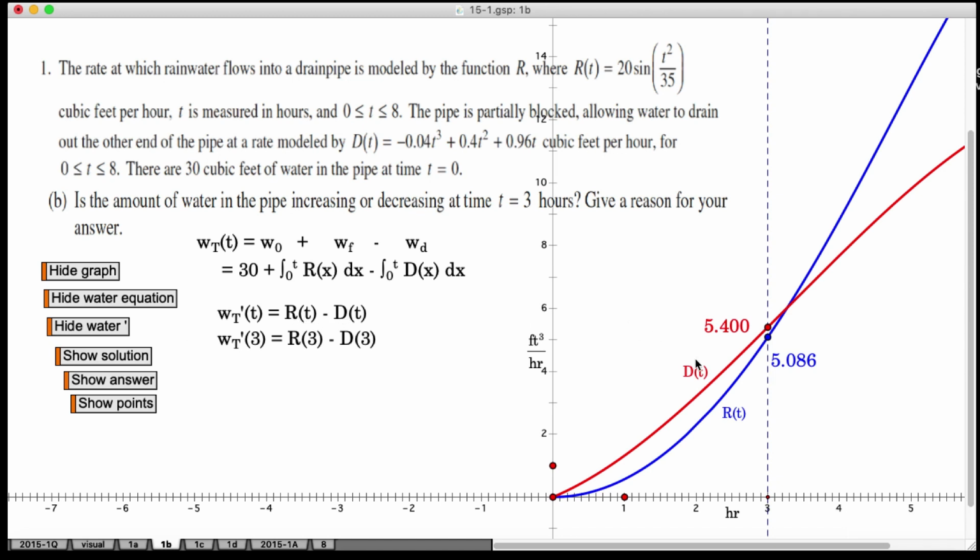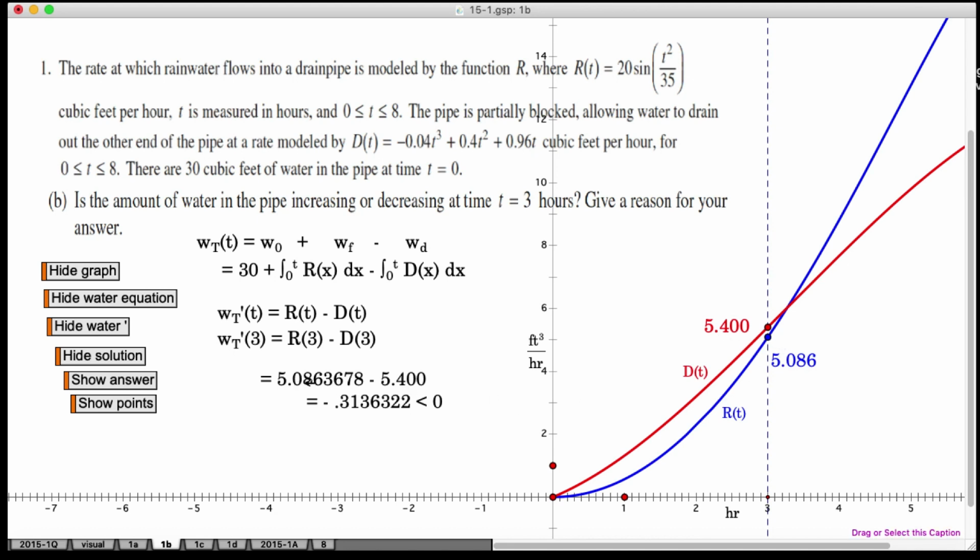And so if you look over here, if I want to know it at time t equals 3, R(3) would be the point on this curve here, and D(3) would be the point on this curve here. So I just have to go to my calculator, find these two values, and subtract them. And that would show, so there's my solution. So if I took these two values right here,